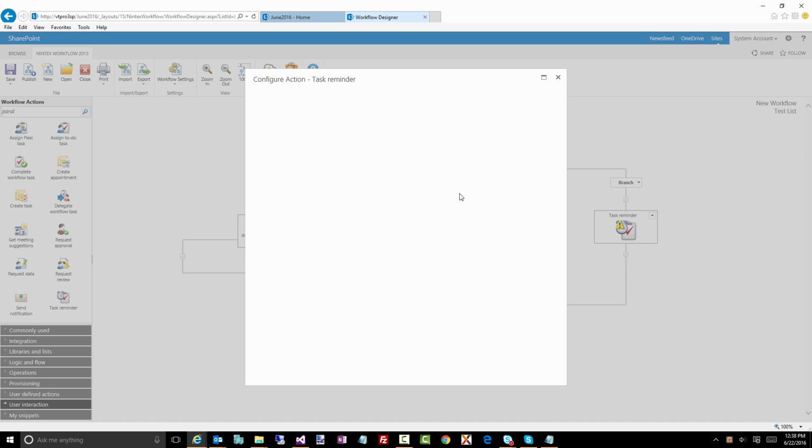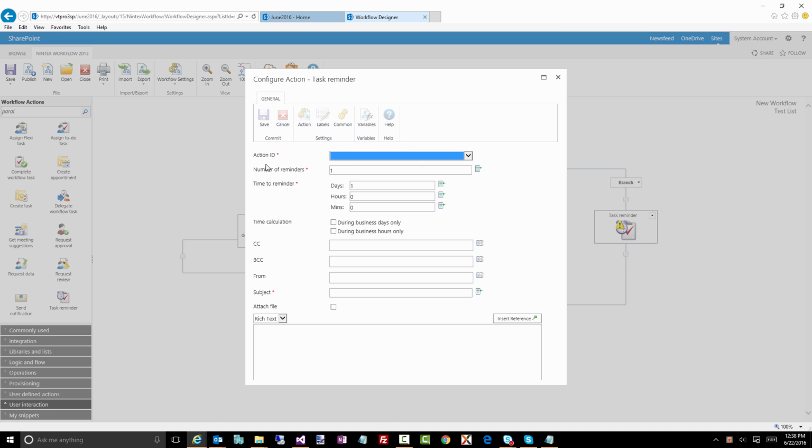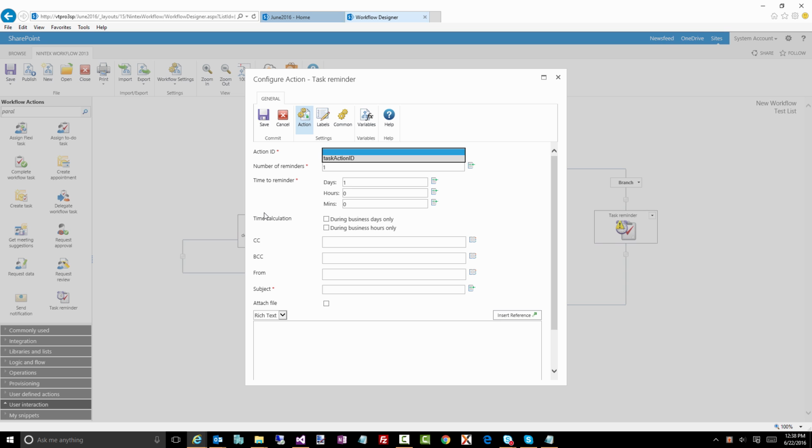Right? Now the task reminder, you'll actually notice at the very top, there's an action ID and you can select your variable. Right? So this is smart enough to sit and wait for the task to be created before it starts actually doing the reminders and the calculations behind that. So there's something you can do around that. And then there's also,